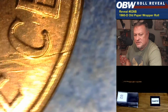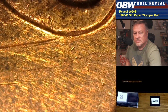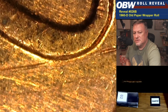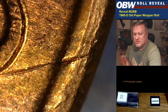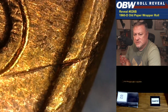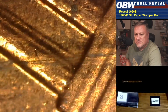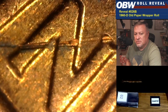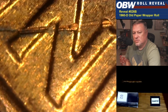And the reason for that is pretty evident right there. Let's zoom in on this area. Take a good close gander at it. Yeah, see, it gets too close to the C and cent there for me to want to call this damage. And it cuts straight into the rim without any fairing. It's absolutely straight as an arrow. It cuts right through the lettering without leaving any displacement of the metal. There's no displacement there. So whatever that is,